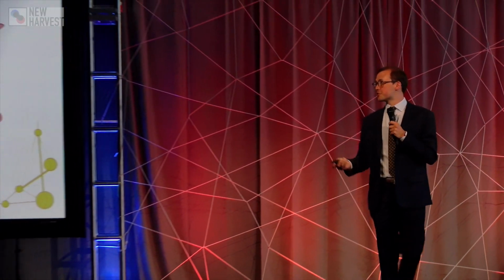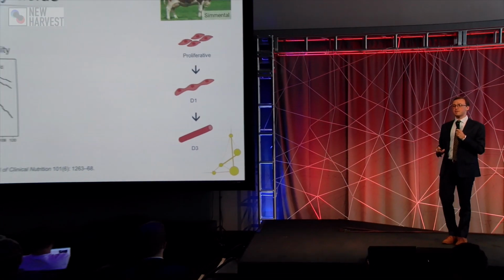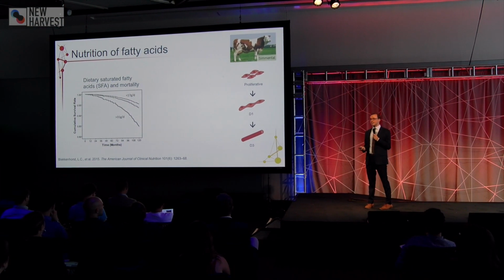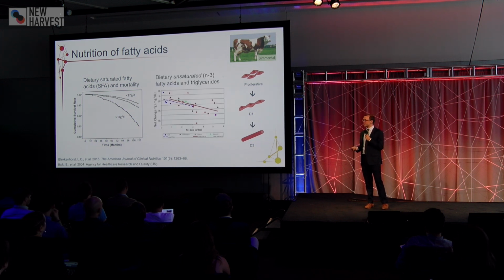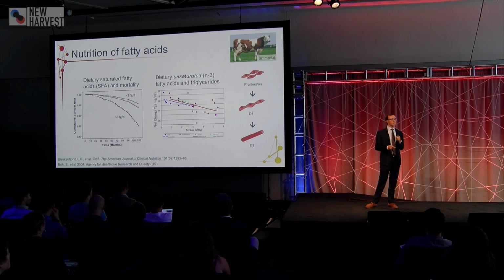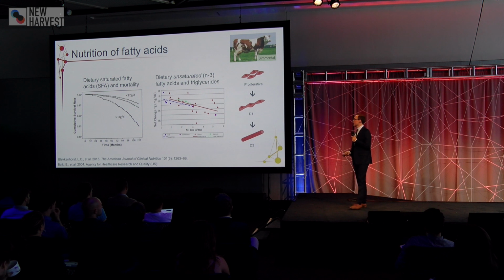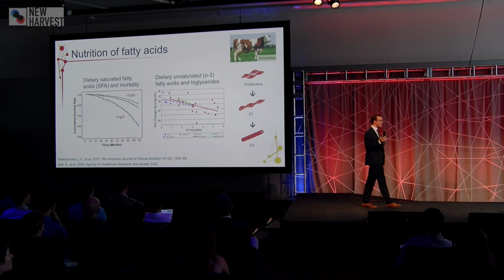So high dietary intake of saturated fatty acids, which is shown by the bottom line here, has been associated with increased cardiovascular risk and increased mortality in humans, which we can see by a loss of cumulative survival over time. On the flip side, high dietary intake of unsaturated and particularly polyunsaturated fatty acids, like the ever-famous omega-3 fatty acid, has been associated with reduced triglyceride levels in humans and therefore improved cardiovascular health and reduced mortality. And so taking these two